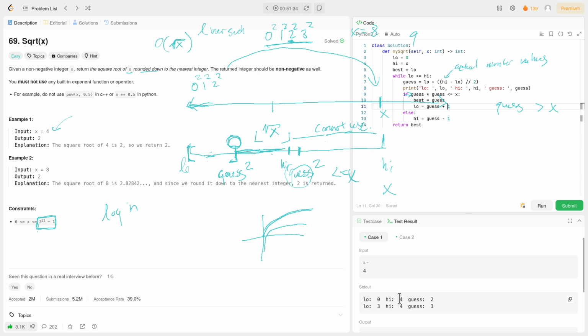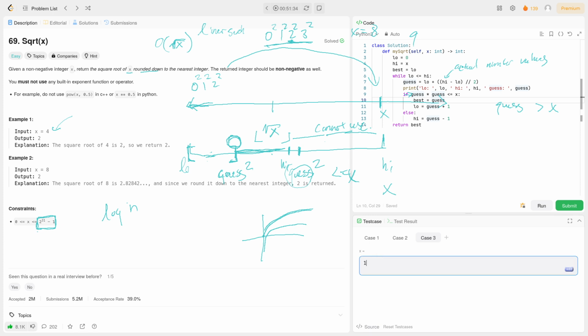So that's what happens here. That's why this loop goes another time. Low is now guess plus 1, so we increment low, and then we make our next guess, 3. 3 squared overshoots 4, right? 3 squared is 9, which is greater than 4. So we don't want to capture that as a possible answer. Let me show you this